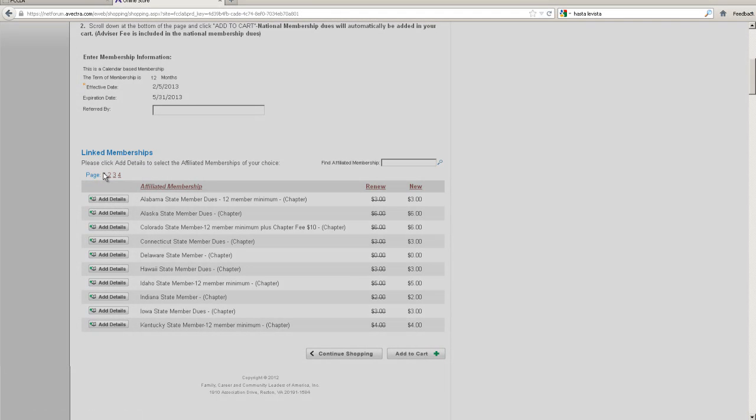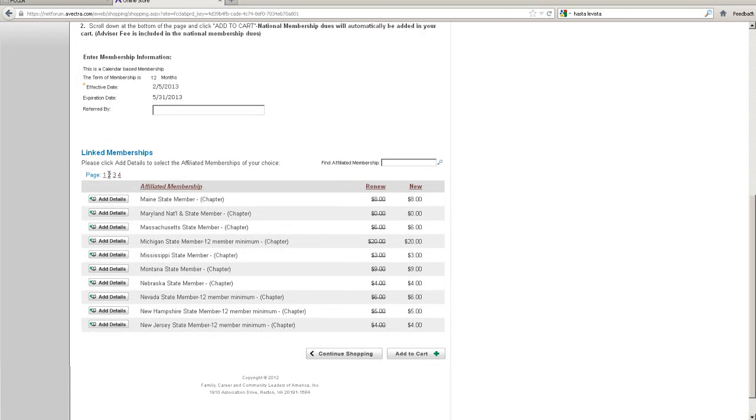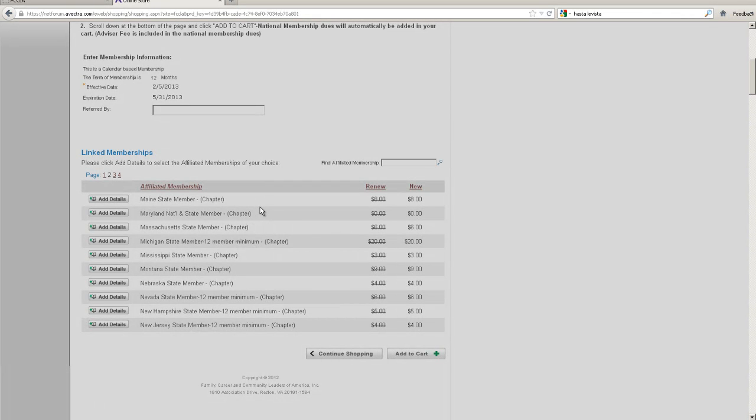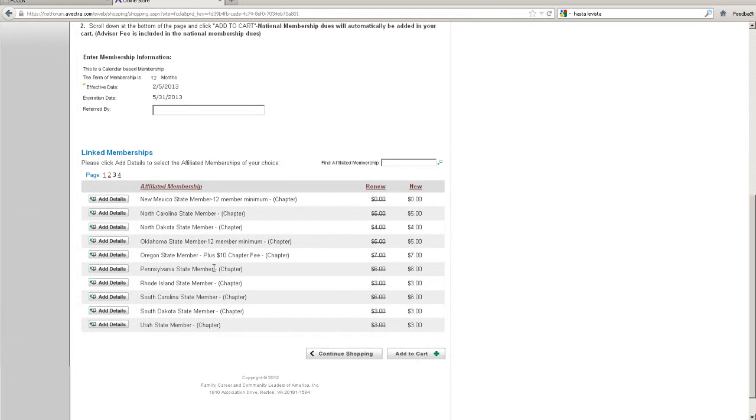So we're on page 1 right now. We're going to go ahead and click on page 2. I don't see Pennsylvania yet, so we'll go on to page 3 until we see Pennsylvania state dues. And here we are. You're going to want to go ahead and click on Add Details. It's $6 per student. Click on Add Details, and you'll see that a window pops up